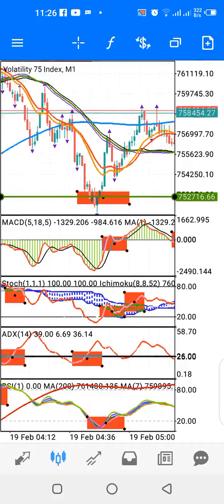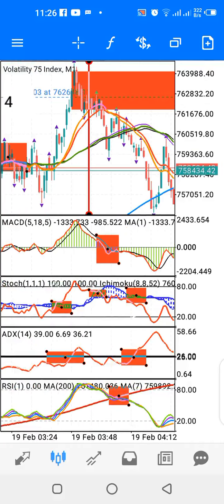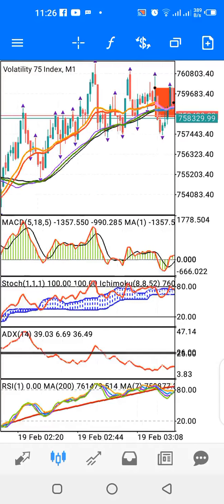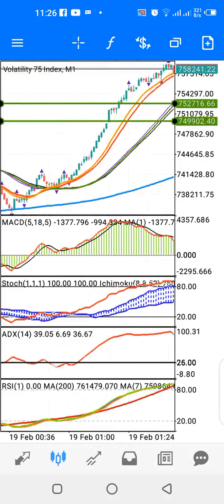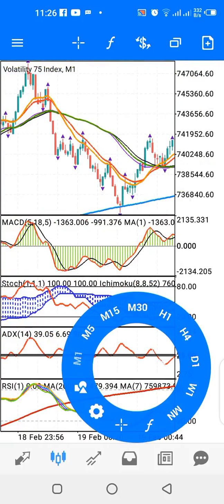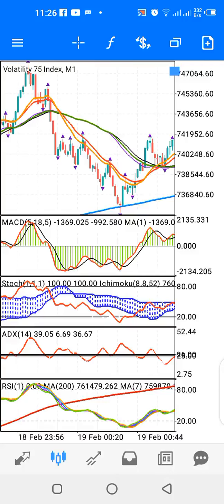Okay, so that's basically how to use the indicator. Like you have a cross down around here, which means sell. All right,